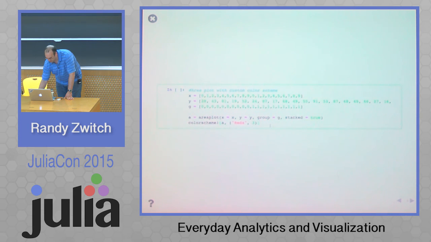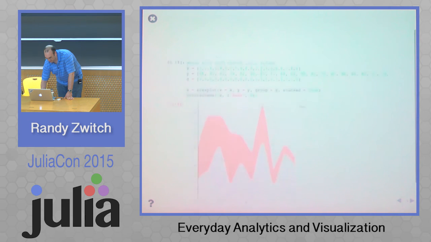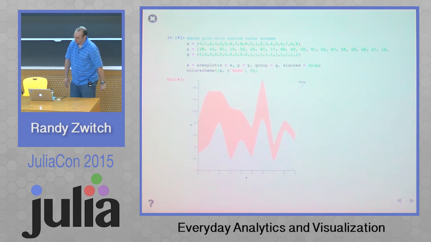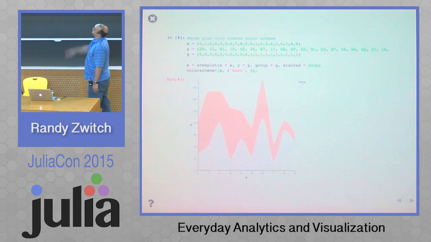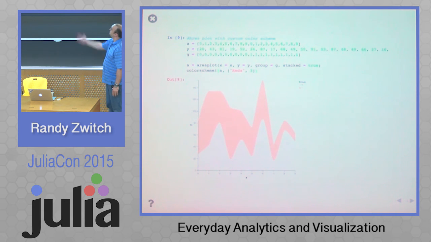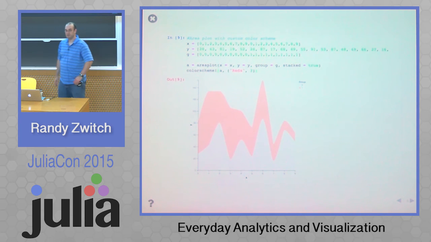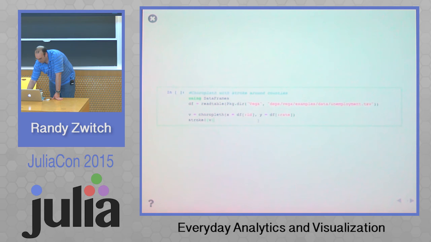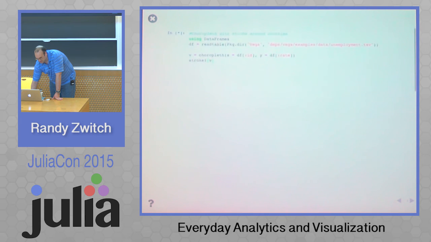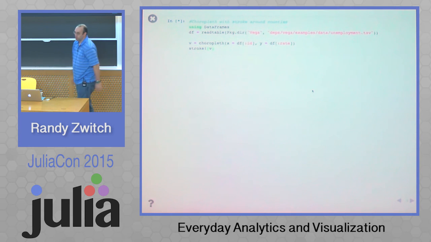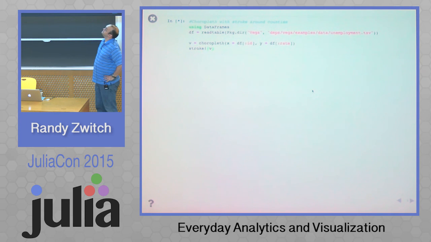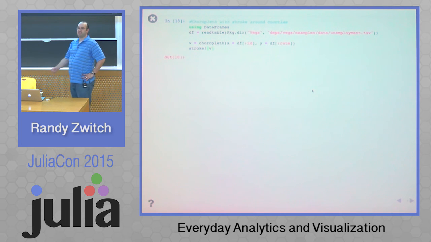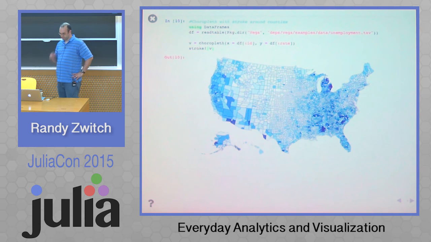So suppose you want to do an area plot with a customized color scheme. So we call area plot, in this case, using the red color scheme. Literally milliseconds to render the graph. Building maps is a little bit more complex, but it can be done. So right now, the only one is the default one that you see in every other package, which is at the FIPS code level, or the county code level.